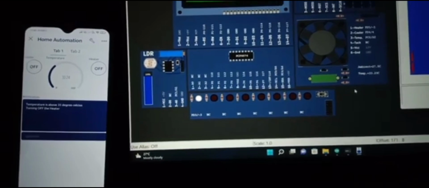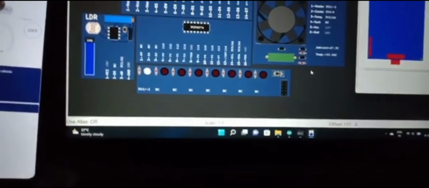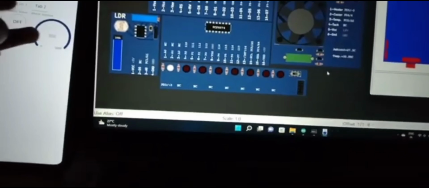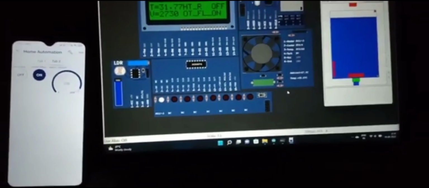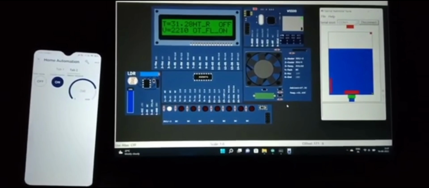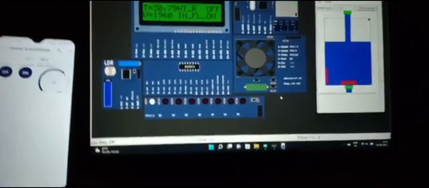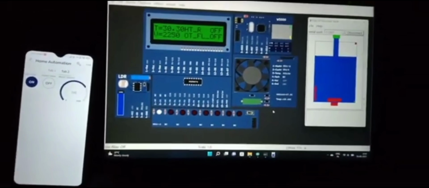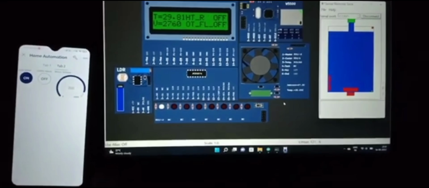Then as we turn on the cooler, we can see that the cooler is running. Now we turn it off, then the fan stops. Then the heater is on. We are displaying heater on the CLCD, and it gets turned off when it reaches 35 degrees. We are viewing the temperature, which is about 35 degrees Celsius, turning off the heater.